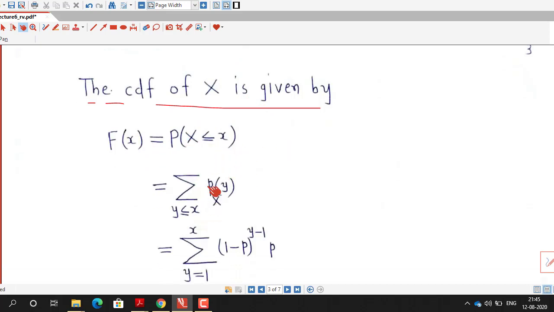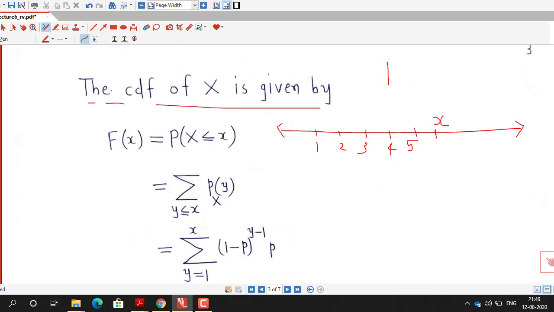So by definition it is the sum of all the values of the PMF which are for values less than or equal to x. Okay, so it is like this. The random variable is taking the values 1, 2, 3, our random variable is taking these values, positive integers. So suppose x is somewhere here,